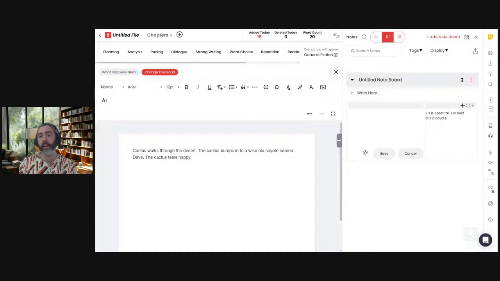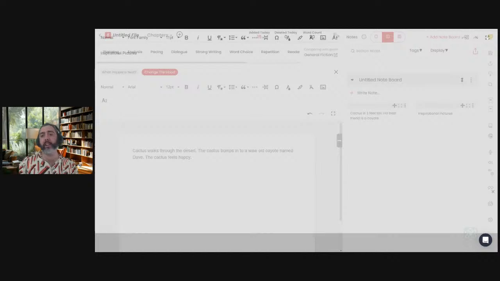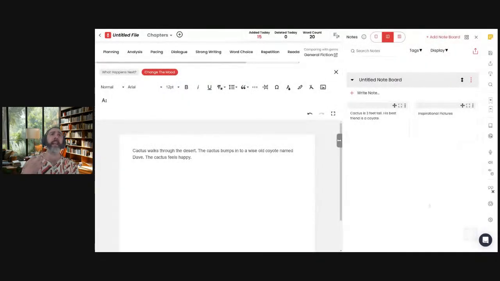You can even add a note and you could put in inspirational pictures, because if I hit save and I make this bigger, I could go ahead and insert an image. Of course, I could also just Control C, Control V. That's like the easiest way, right? Put it to your clipboard, throw it in there. And then you could even have little pictures on the side if you like to draw or get images as inspiration, just excitement for yourself, perhaps, just to keep yourself motivated. You can keep all of that over here on the note board.